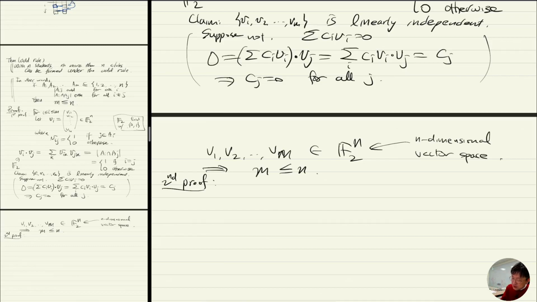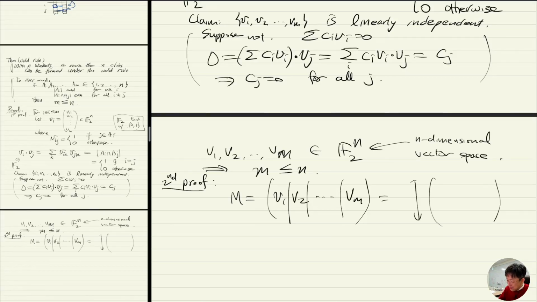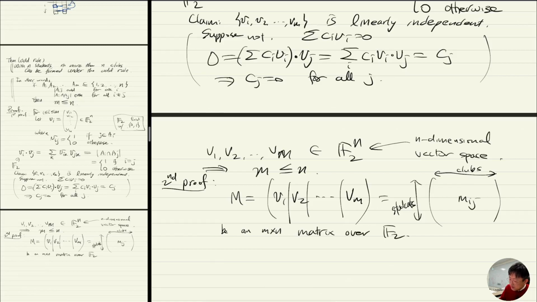Right? So let's take M to be the matrix with rows V1, V2, ..., Vm, where these Vi's are from the previous proof. In other words, this is a matrix where the rows correspond to students and the columns correspond to the clubs. And it's a 0-1 matrix. So this is an m by n matrix over this field. Okay,